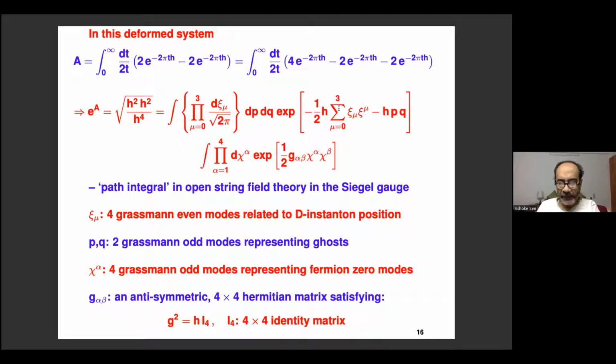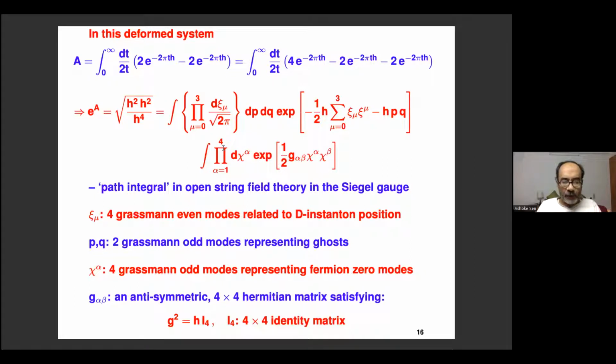This difference comes because in the Nebuchadnezzar sector, the kinetic operator is actually L0 in string field theory, whereas in the Ramon sector, the kinetic operator is G0, that's the square root of L0. That's why the eigenvalues are square root of h. That's this factor of half that I was talking about earlier. Here actually the number of modes is twice. Not 2 modes; to get minus 2, you need 4 modes, whereas here to get 4, I only needed 4 bosonic modes.